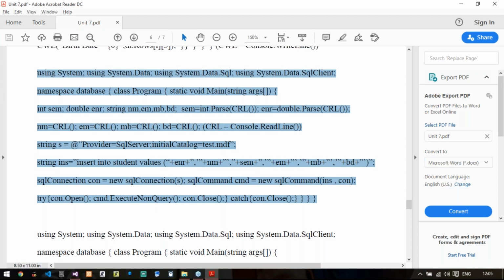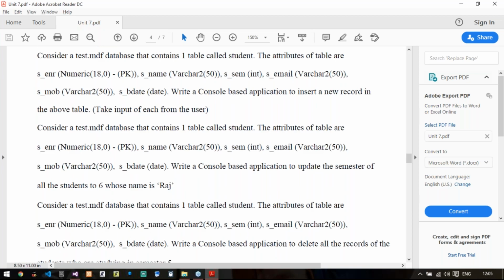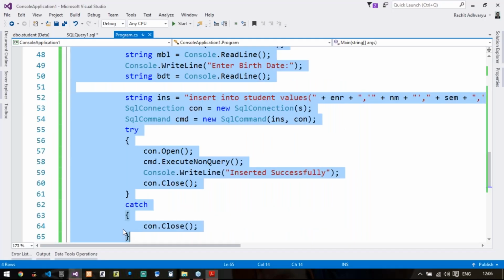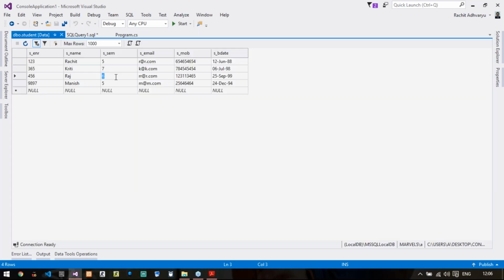So what I will do is, I will first go to my database, and here Raj's semester is 6. I will convert it to 4 first, so that the update query can execute. Right, so I will close this now. I have updated the semester of Raj to 4. Now what I have to do programmatically is change the semester of Raj to 6.